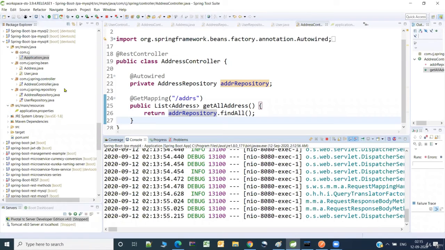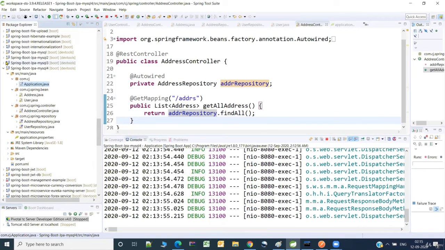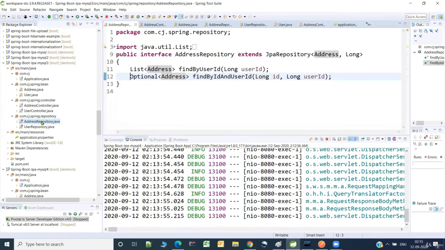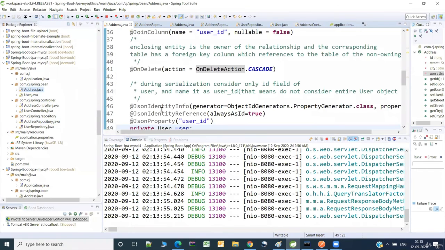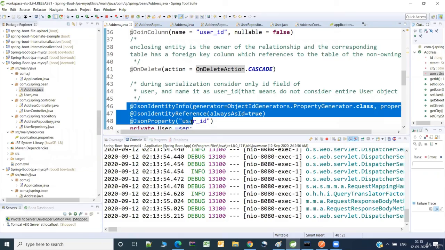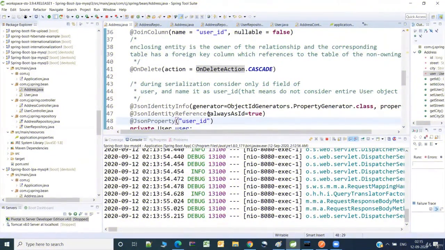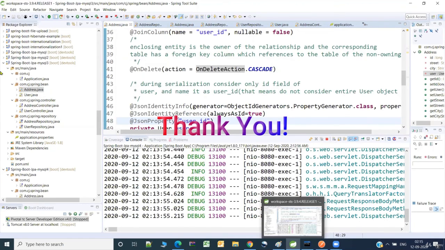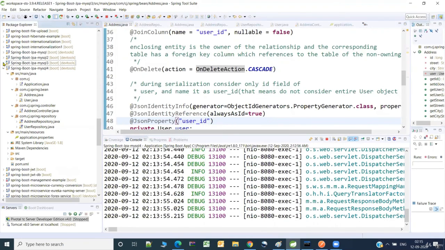There are a number of other JSON annotations which are available, so let us take a quick look at it. I think it's available here. So these are the things. That's it about many to many relationship.